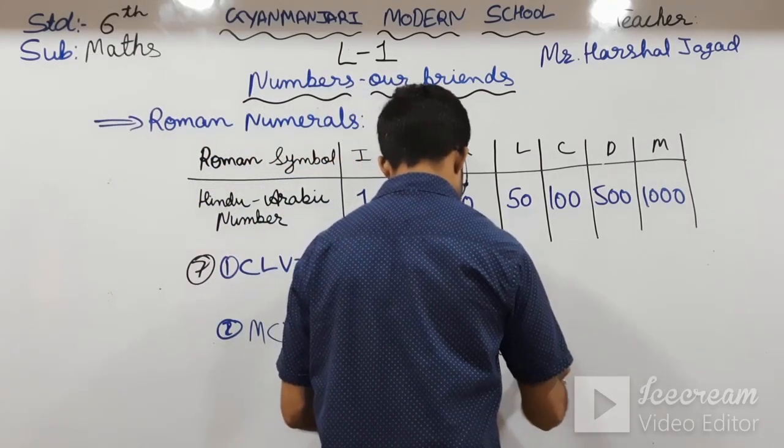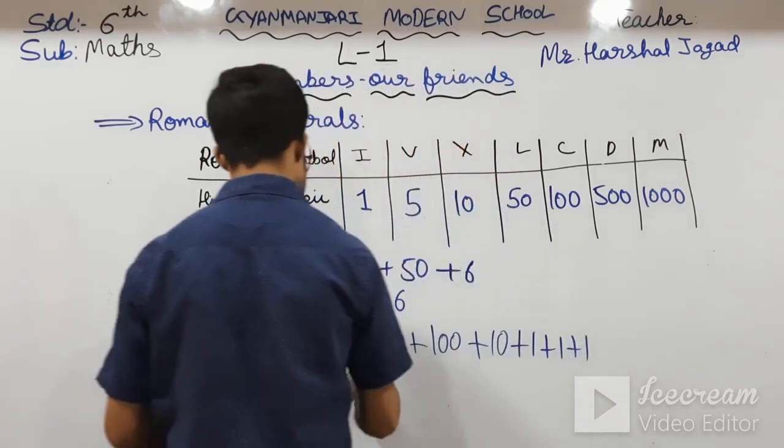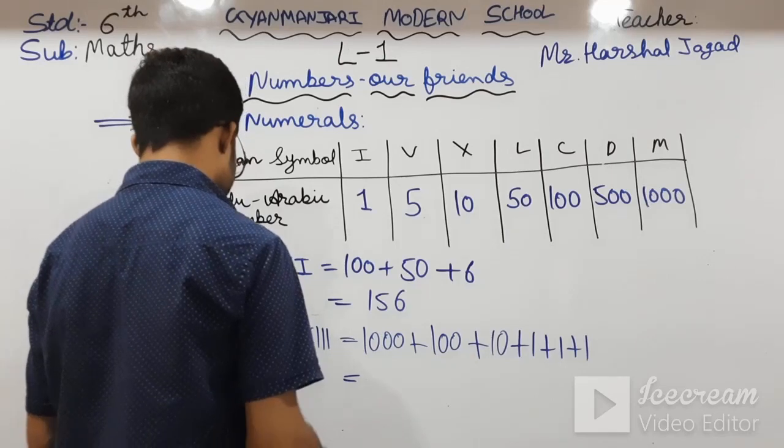X, 3 times, that is 1 plus 1 plus 1. So the answer will be students